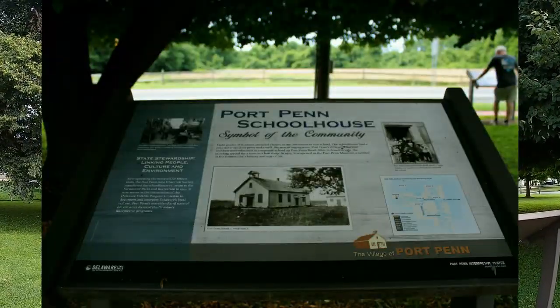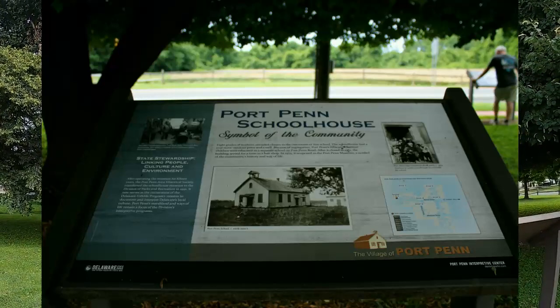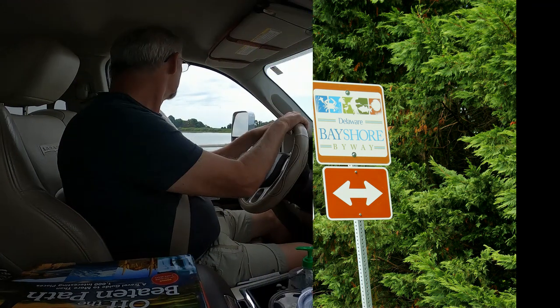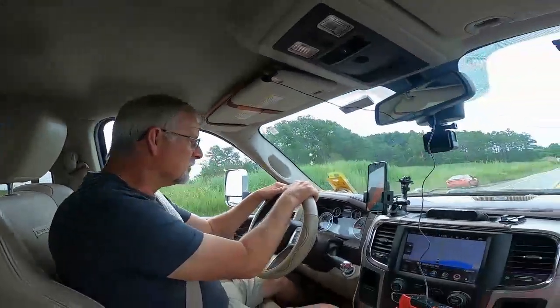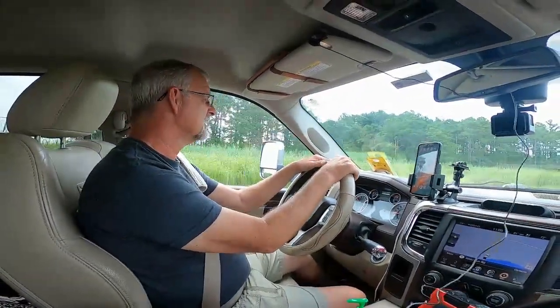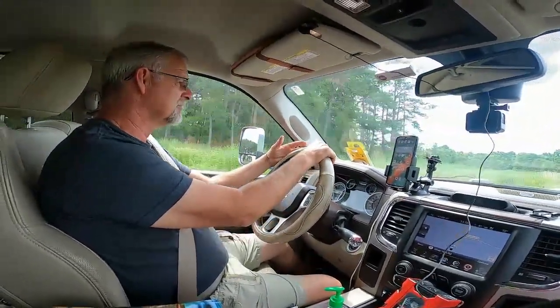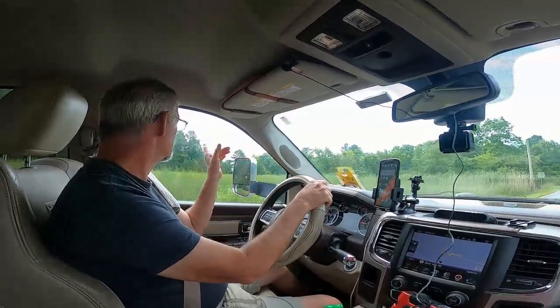Behind me is the old schoolhouse, and it had grades 1 through 8 in it at the same time. During the Civil War in the 1800s, Highway 9 was a portion of the Harriet Tubman Underground Railroad for slaves escaping from the south to the north. If you were a runaway slave from a plantation in Virginia, and you're trying to move north to get to the free states, you have to come through Maryland, which is kind of questionable, but they were a northern state. But traveling through all of this,